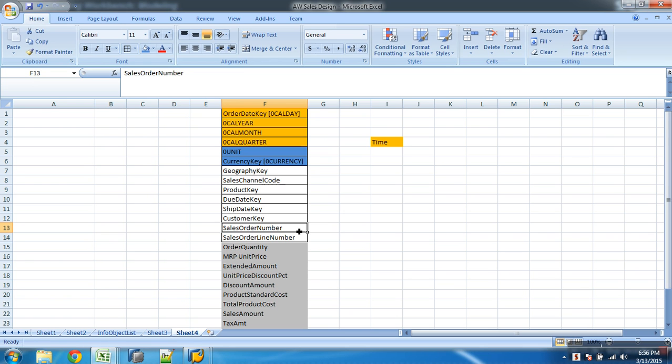How many maximum number of dimension IDs you can have in the fact table? 16. Even if I replace all the 16 dimension IDs with 16 SIDs, how many SID tables can I connect to that fact table? 16. If I remove dimension tables, my problem is I am limited to connecting only 16 master data objects. That is my problem if I remove the dimension table and connect my SID table directly.